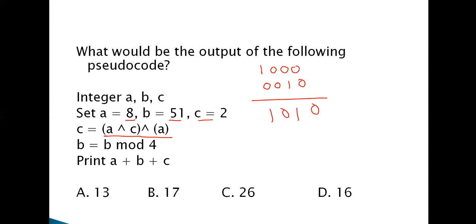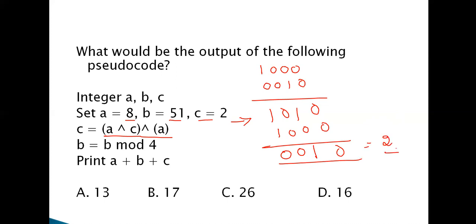Now what to do? Again, the result is XORed with A. So this is the result. For this result, we XOR with 1000. This is the A value. Got it? So 0100. What is the answer? The decimal representation is the value 2. So the simple thing is to analyze step by step. So the C value becomes 2 again. By this, actually what do we understand?